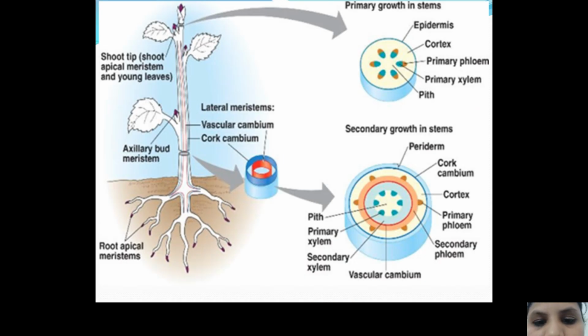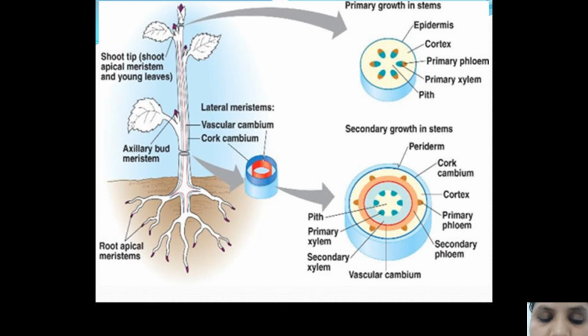Now, see the primary structure of a plant. Observe, you can see here at the shoot tip certain meristems called apical meristems, which we have seen in the last slide. Now, this apical meristem is responsible for the growth in length of this shoot,